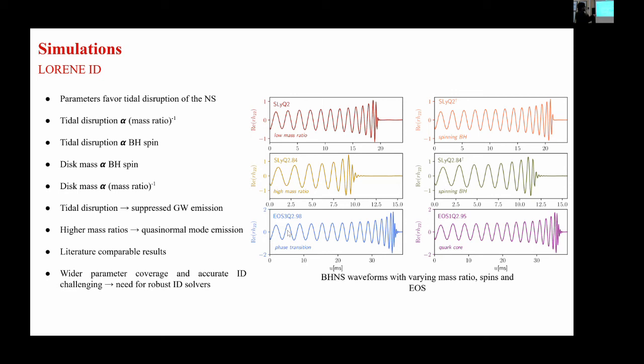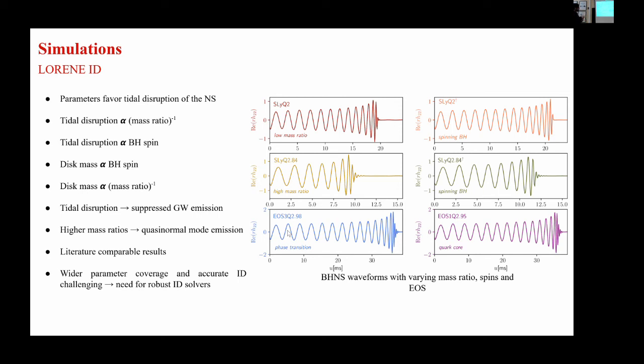Fine. So here we have some results from evolving this LORENE initial data. And basically what we find from these simulations is that even though we evolve initial data from excision, we find all the results that are already discussed in the literature. So we do find that the tidal disruption is highly dependent on the black hole spin, inversely proportional to the mass ratio. Then if you have low mass mergers, you can form a larger disk. And also if you have a highly spinning black hole, it will help in getting a larger disk.